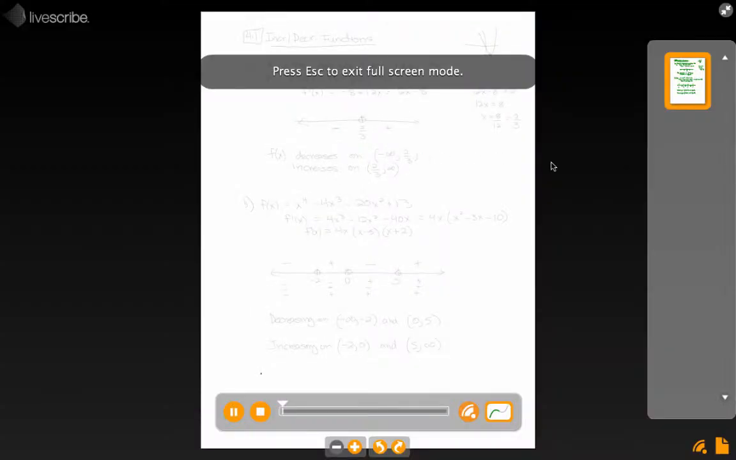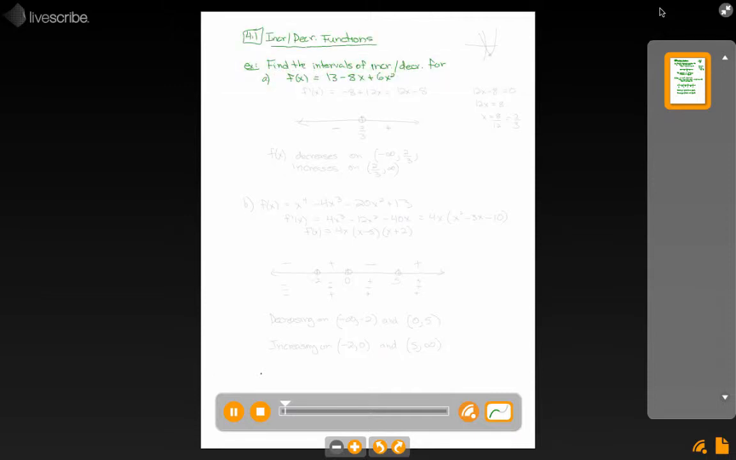This example comes out of 4.1, increasing and decreasing functions. So here we're asked to find the intervals of increase and decrease for f of x equals 13 minus 8x plus 6x squared. Because it's a relatively simple function, which just turns out to be a parabola, you could probably